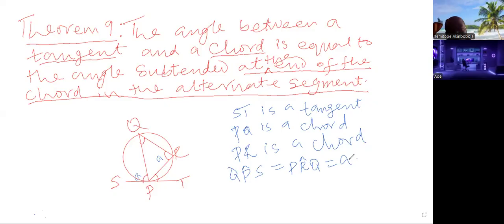Because you have chord PQ making angle A with tangent ST. So the alternate segment to that is now the chord PR. So at the end of chord PR, you now have A, according to that statement. The angle between a tangent and a chord is equal to the angle subtended at the end of the chord in the alternate segment. So by similar argument,